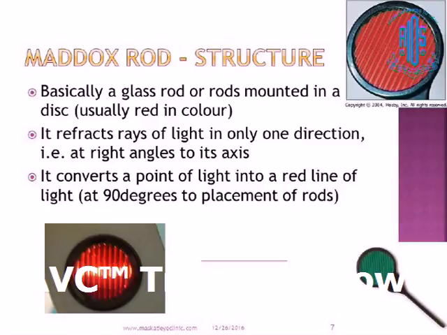So this Maddox rod converts a point of light into a line. So you have a point of light in your Snellen's chart, a small dot of light at one place. You put on that dot light and ask him to look with one eye at that dot of light, and with the other eye you put the Maddox rod. So what will happen? He will see a point of light and he will find this rod, this horizontal line, because you kept this vertical, bisecting this light. If there is no squint,